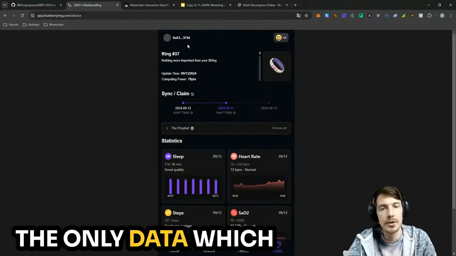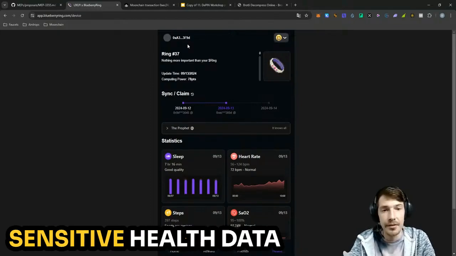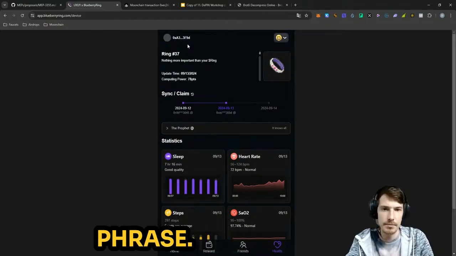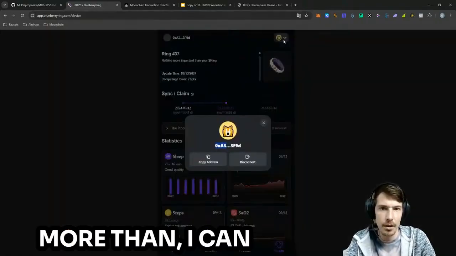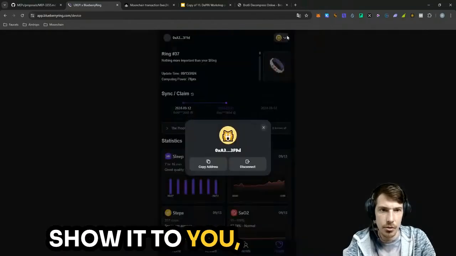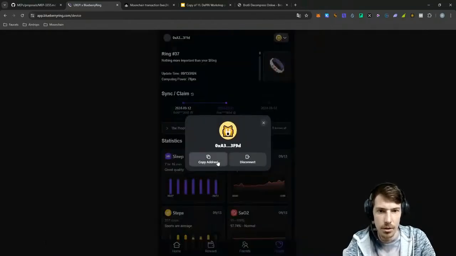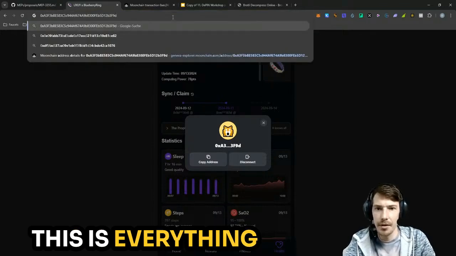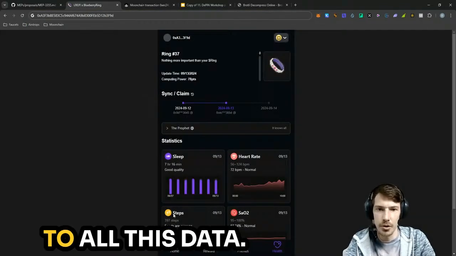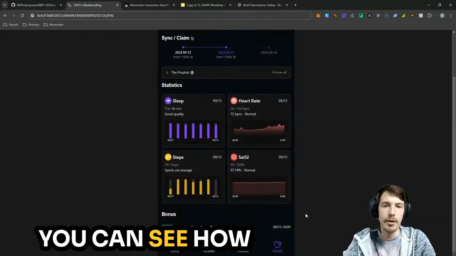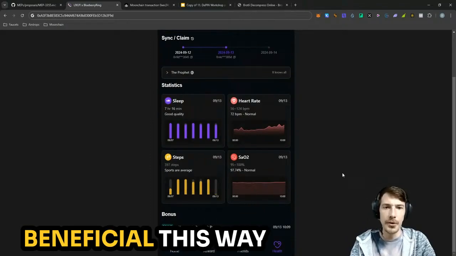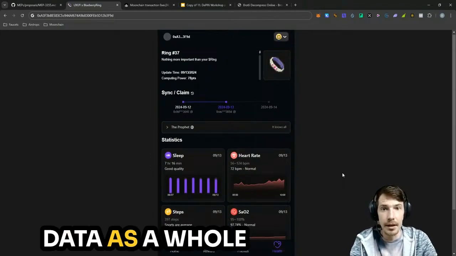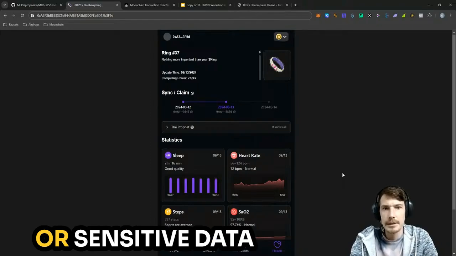By this, the only data which is referred to your sensitive health data is a pseudonymized phrase. It's nothing more than, I can show it to you. This is everything which refers on the blockchain to all these data. You can see how beneficial this way of interacting with data as a whole and important or sensitive data like